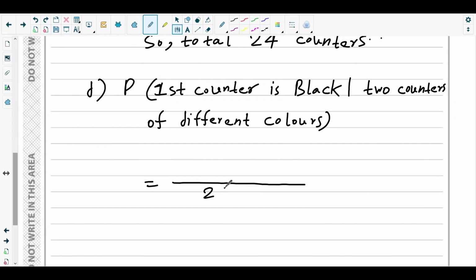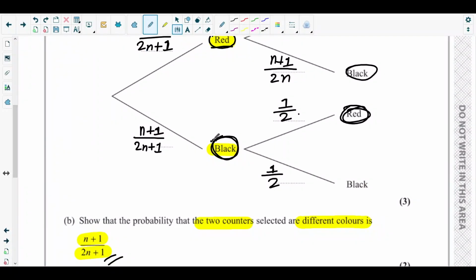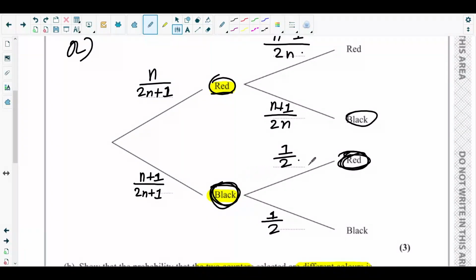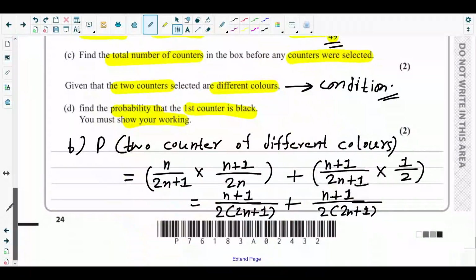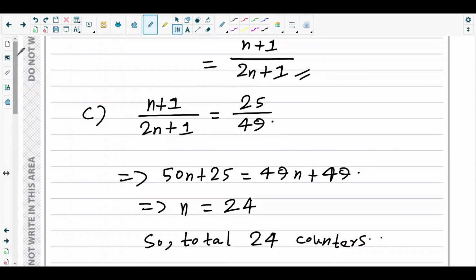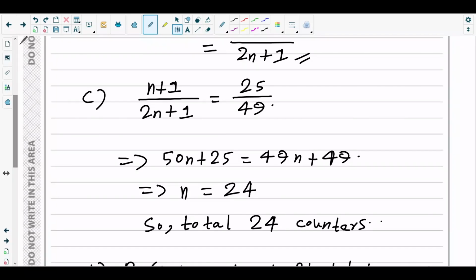That is 25/49, isn't it? It's given in the question. And in the numerator, that would be black and red, right? Out of two different colored counters, this is the case where the first counter is black. So yeah, first counter is black. So this is n+1/2n+1. So n+1 is 25 over 49. The total, we got 24, right? The value for n we got